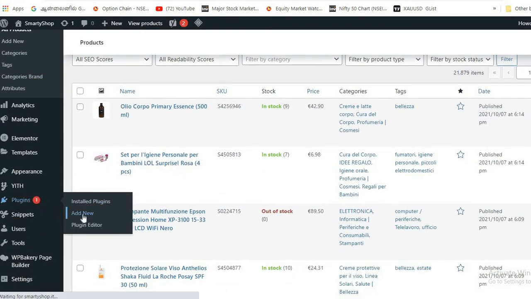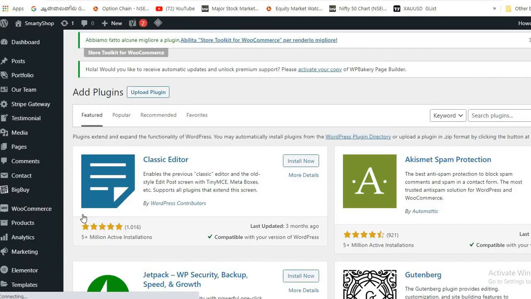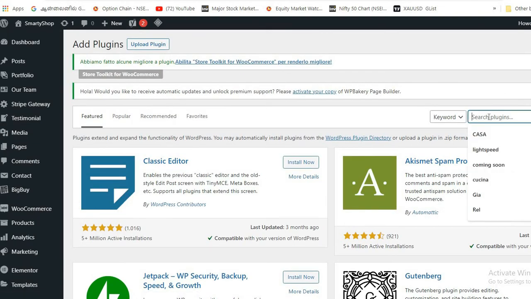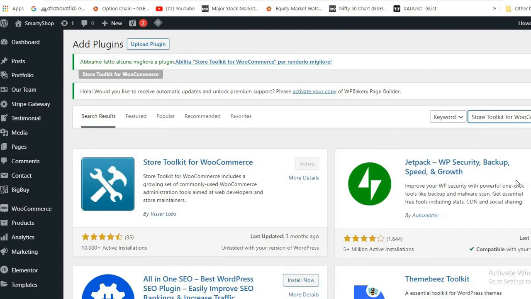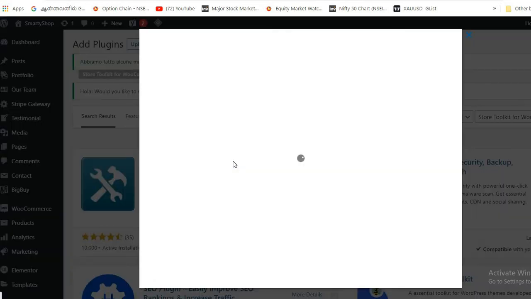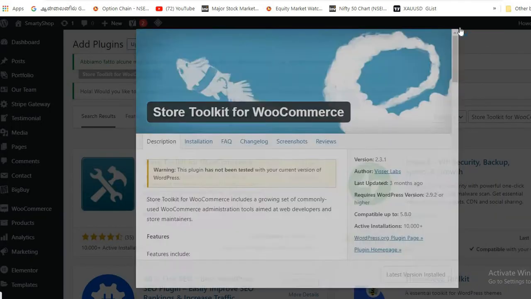You just install that plugin in your WordPress admin by going to the Plugins section and clicking Add New. You can search the plugin name and get the plugin. I already added that plugin, so the Activate button is disabled right now. Once you install this plugin, you just go to the settings section.